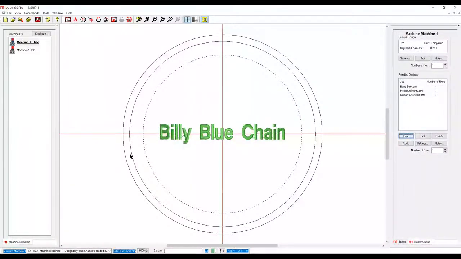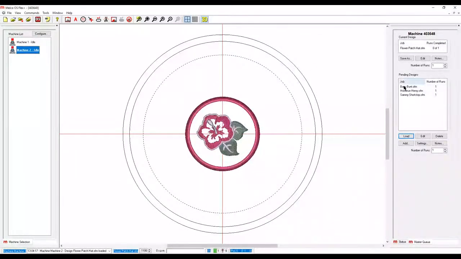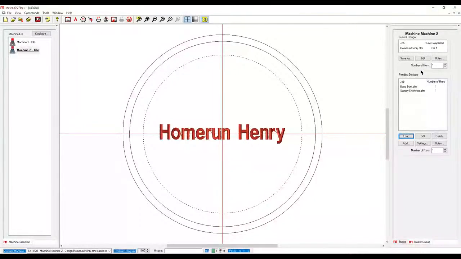And you can see Billy Blue Chain's favorite color is green. We got that in there. We could go and set that all up. So now Billy Blue Chain is loaded in on machine 1. I'm going to come over here to machine 2, and I'm going to load up Home Run Henry. We're going to load his name. And you can see now it took out those names that we loaded in the machine, so they're no longer